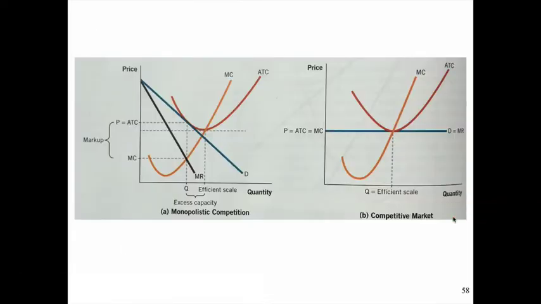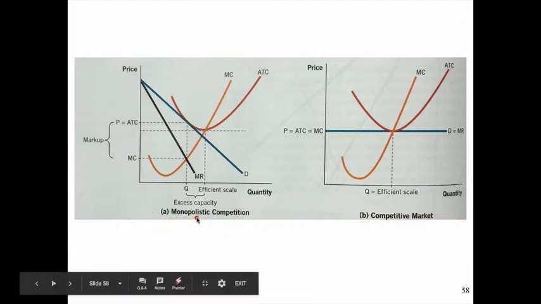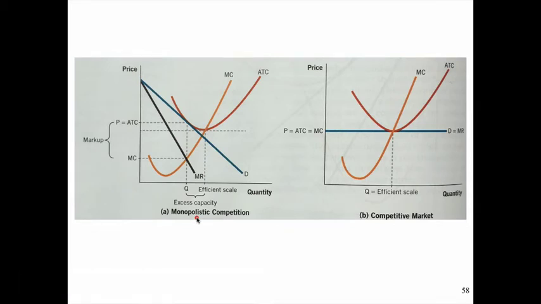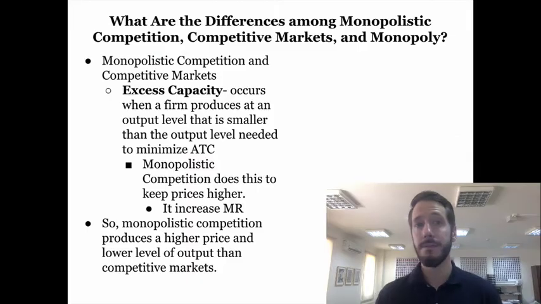So this is a graphical representation between a competitive market, perfect competition, and monopolistic competition. There are two primary differences between the long-run equilibrium in monopolistic competition and a competitive market. First, monopolistic competition produces markup, which can be seen here, because the price is greater than your marginal cost. In a competitive market, your price equals the marginal cost. Second, the output in monopolistic competition is smaller because of the efficiency scale. In a competitive market, the firm's output is equal to the most efficient scale.